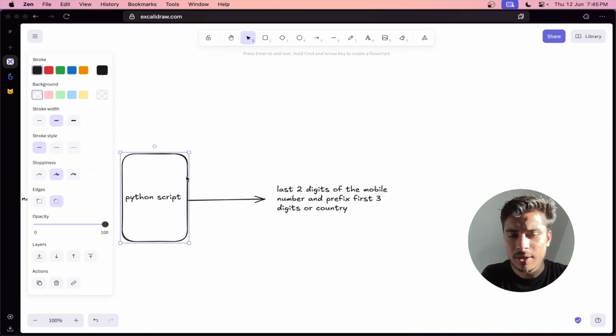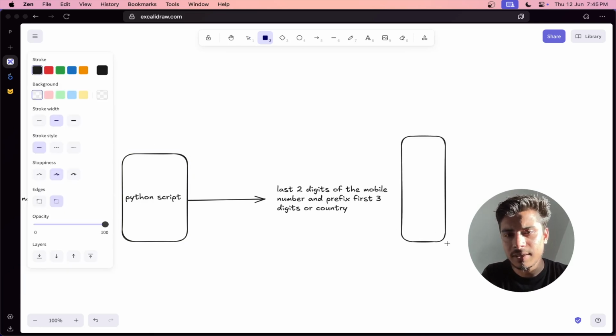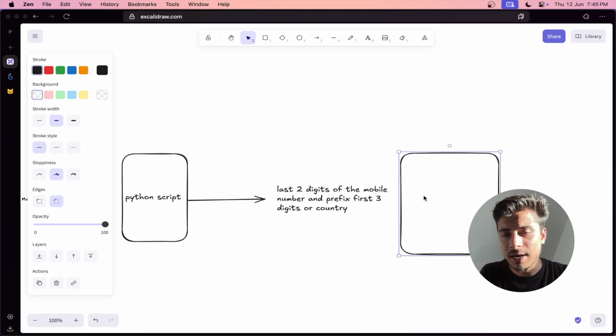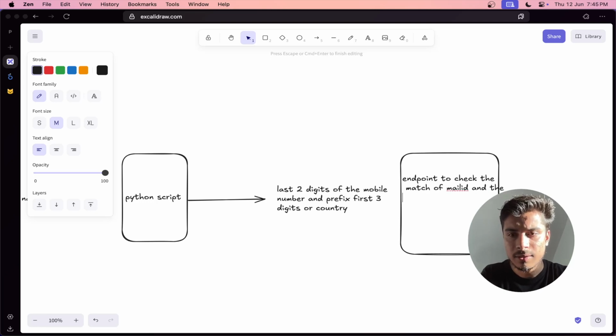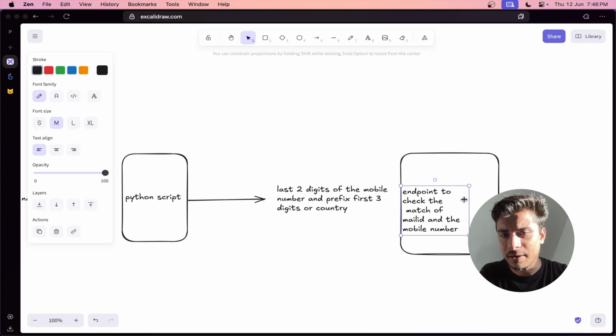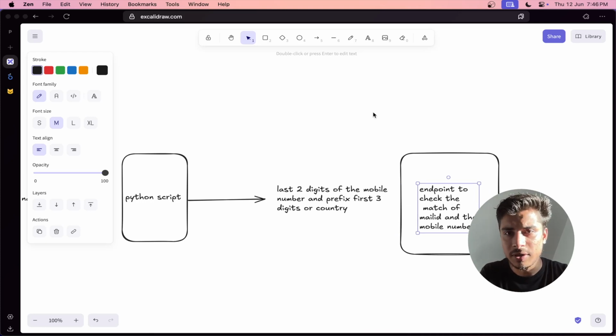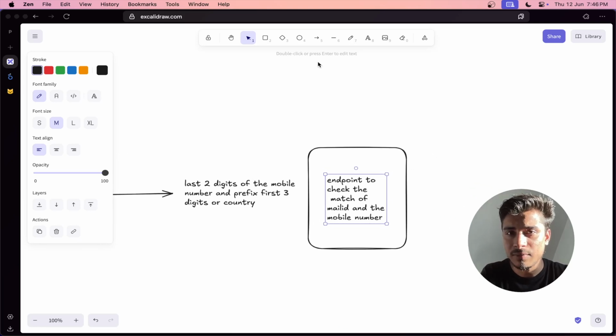Okay, now how do you guess that and find out whether it is the correct one? For that you would use this endpoint that works without JS to check the match of mail ID and the mobile number. Now this endpoint is protected with BotGuard, so you cannot do multiple requests here. The one solution he came up with was that you can use multiple IPs, like the rotation of